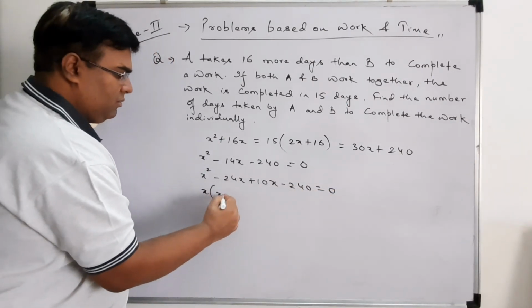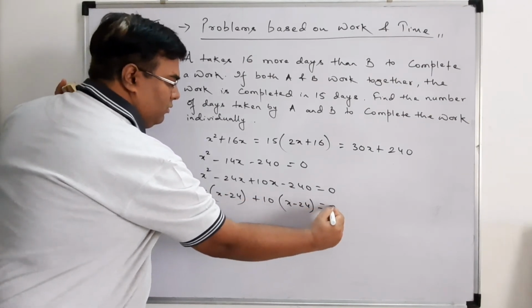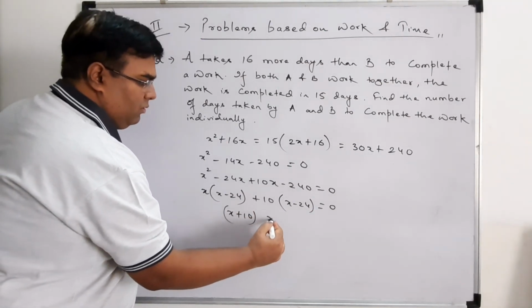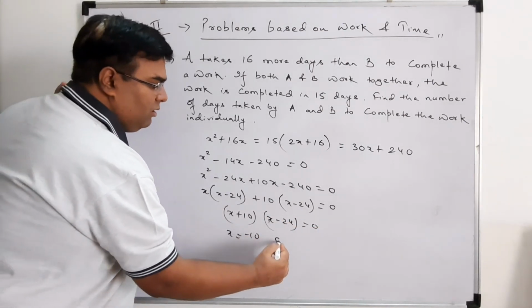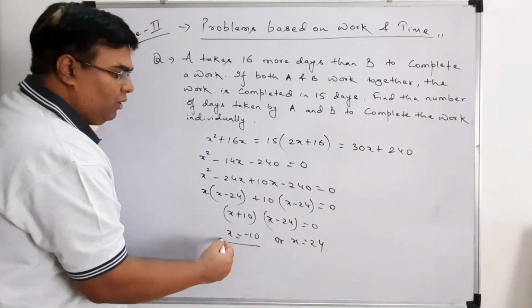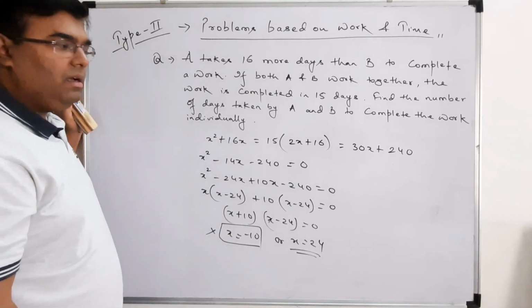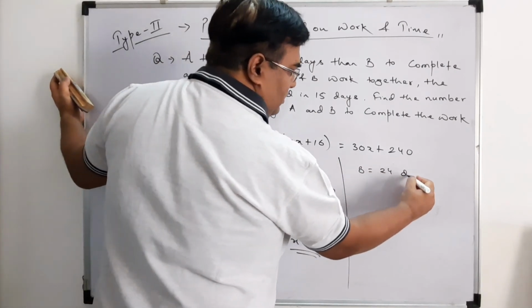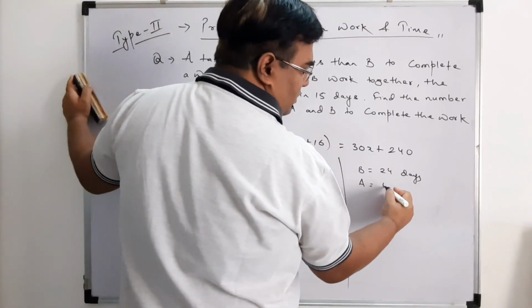So (x minus 24)(x plus 10), so x is equal to either minus 10 or x is equal to 24, but we know that days cannot be negative, right? So this will be my final answer. So B will take 24 days and A will take 16 more days than B, so 24 plus 16, which is